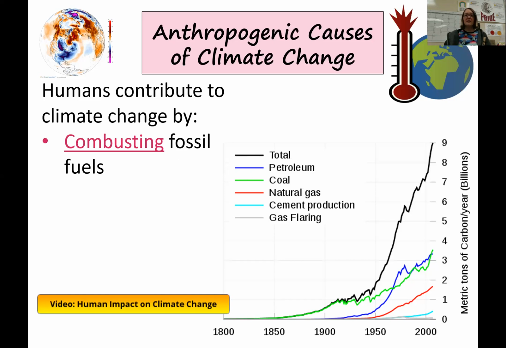Now, as I'm going to say many times throughout this, none of these things are inherently bad. The problem is we're not maintaining balance. It's all about what goes in needs to equal what's coming out. And the problem is we're out of whack here, and we just want to be careful. We're not saying don't ever burn fossil fuels. Well, that would be ridiculous. We wouldn't have electricity. We wouldn't have cars. What we're saying is maybe there's certain steps we can take to reduce our carbon footprint that helps even it out slightly. So here you can see in our graph, these are all different types of fossil fuels